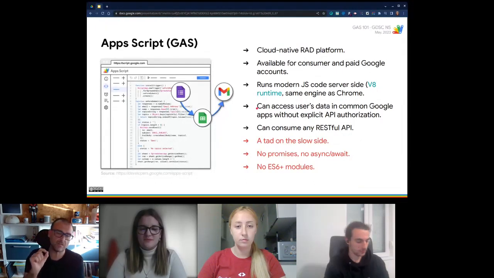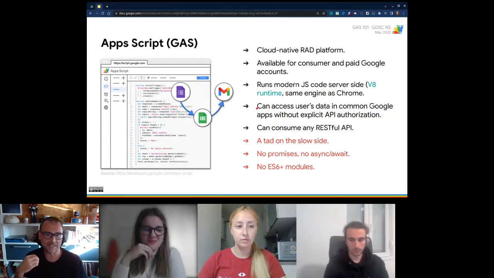The second key feature in my view is that you can access users' data, be it Gmail, Calendar, Docs, Slides, Drive, very, very easily. You don't need, although you can if you want, to use any API or complex workflow with authorization to get access to all that data. Besides that, you can also connect with external services not provided by Google. For instance, you can pull courses from a Moodle server. That would not be a problem for AppScript.